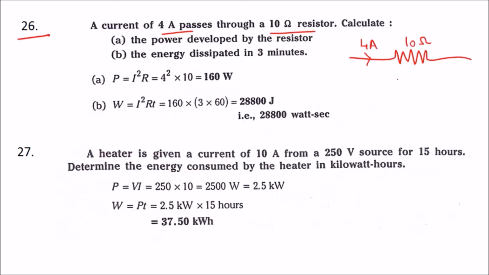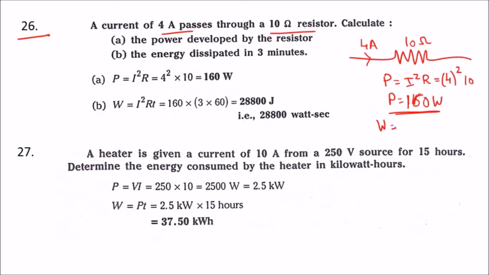First we need to find power. Power is nothing but I square R. Here I is 4 and R is 10. So power is 160 watt. Once we get the power, we have to multiply this power by time to get the energy,